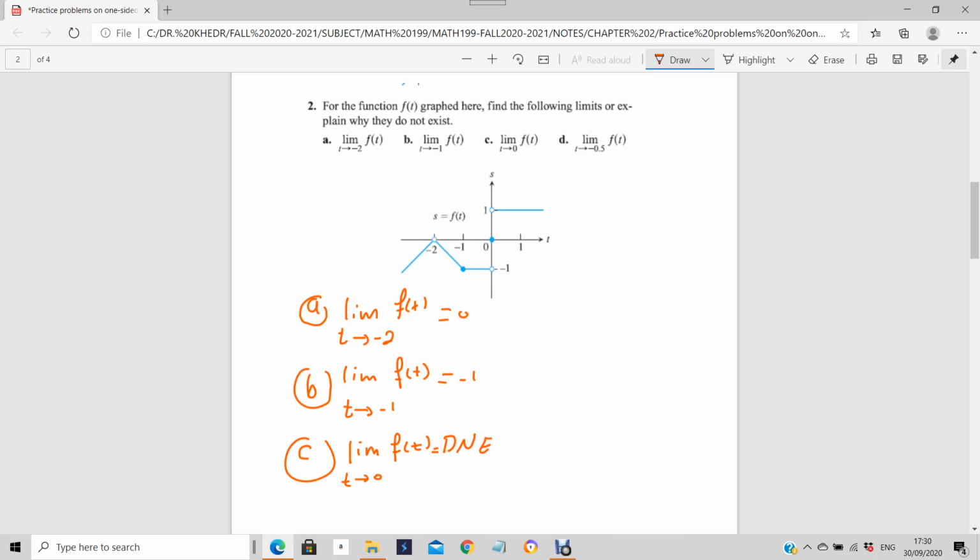Because the left side limit is -1, the right side limit is 1. Now for part D here, for part D,